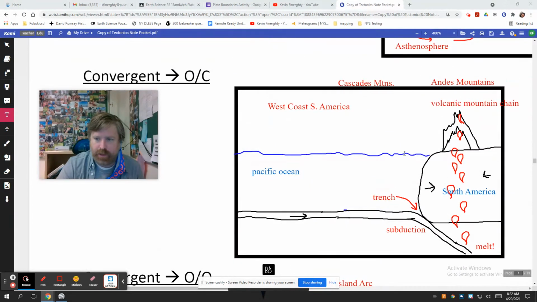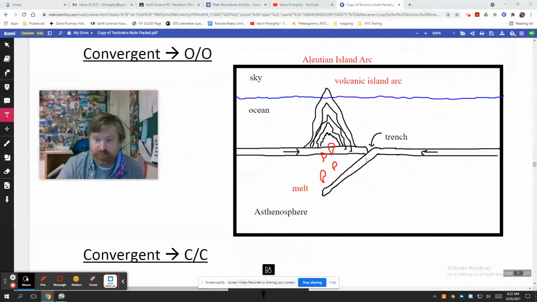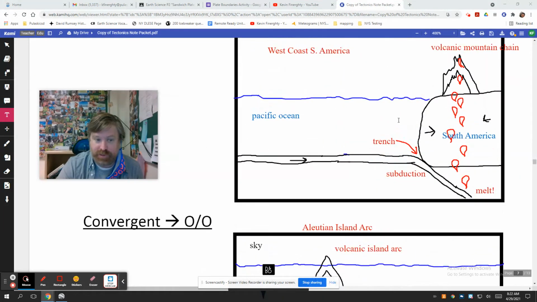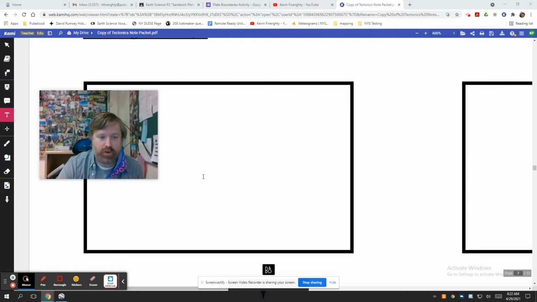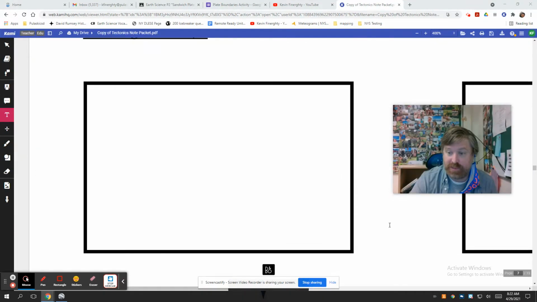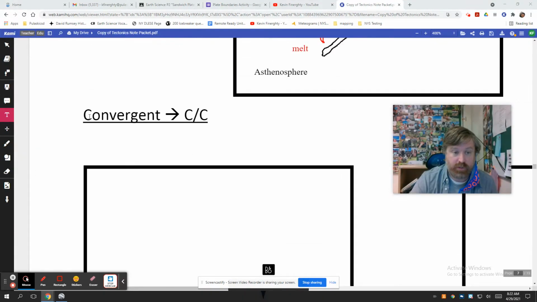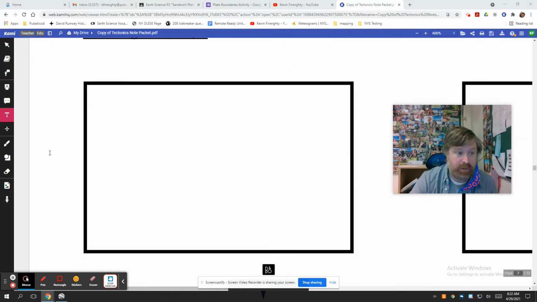We've done our deepest parts of the ocean. We've done some pretty tall mountain ranges, but we still have the tallest of the tall mountain ranges to go, and that's going to be what happens when two pieces of continental crust run into each other. Convergent, coming together, continental, continental. So the reason I want to do this in two pictures is because you've got to kind of tell the story here.